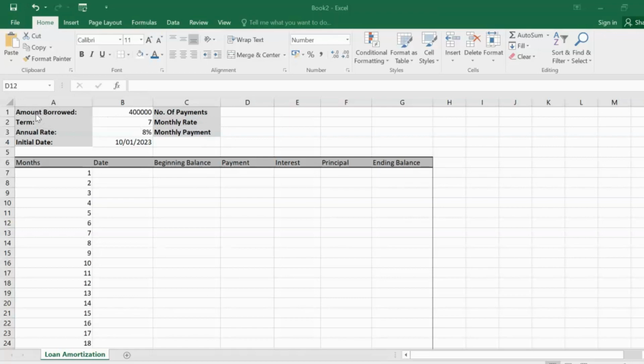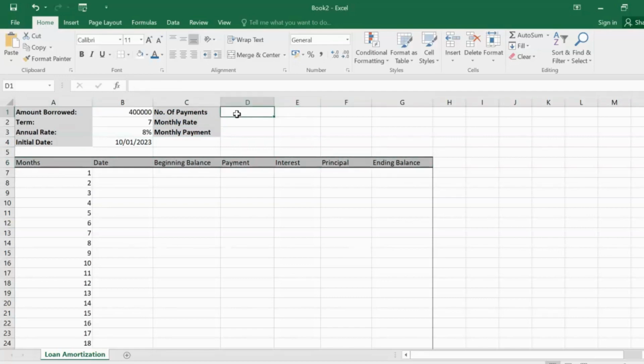You're going to type amount borrowed, the term, the annual rate, the initial date, the number of payments, monthly rate, monthly payment. Then skip one line and type month, date, beginning balance, payment, interest, principal, and the ending